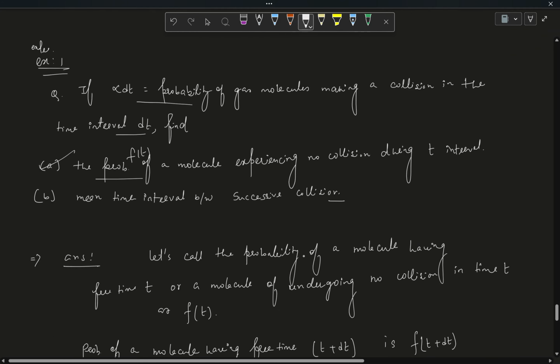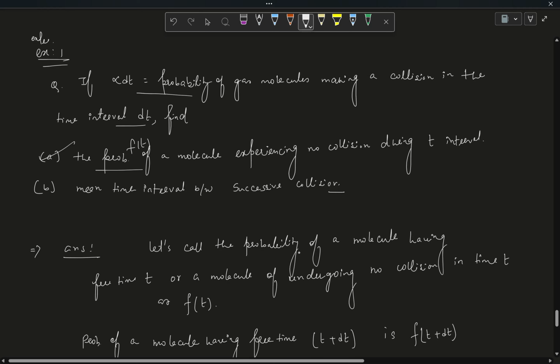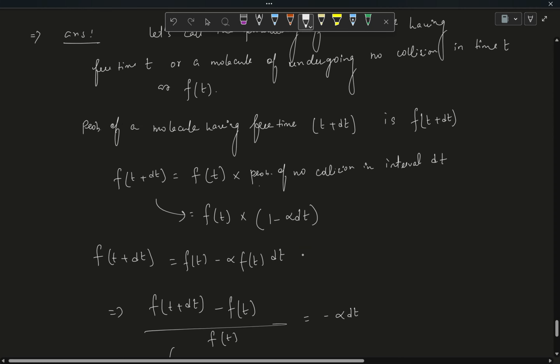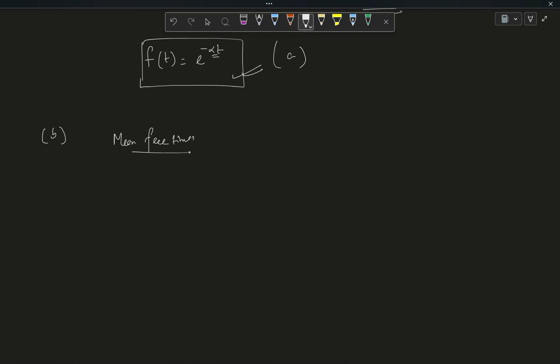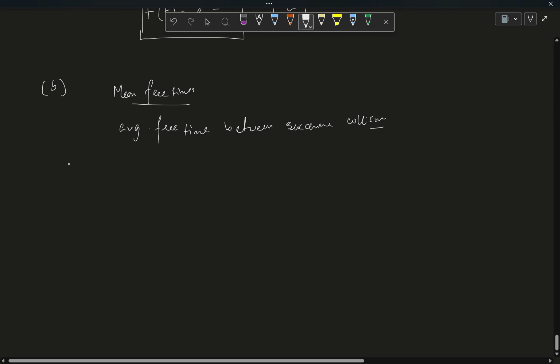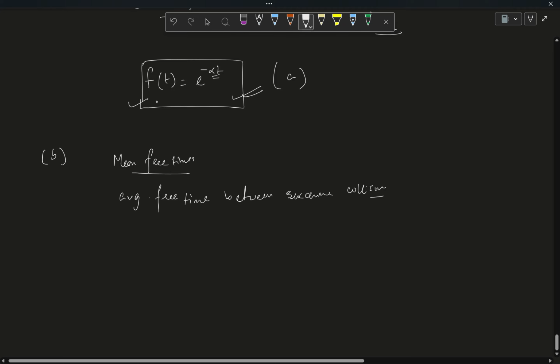Now question number B says, what is the mean time interval between successive collisions, right? So you have to calculate it the same way you had derived the expression of mean free path. So mean free time you have to calculate. So it is basically the average free time between successive collisions. Now we'll go by the same approach,